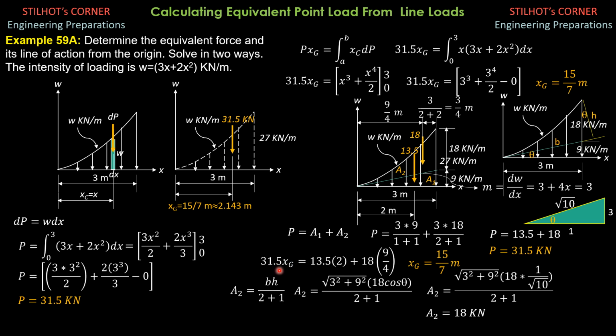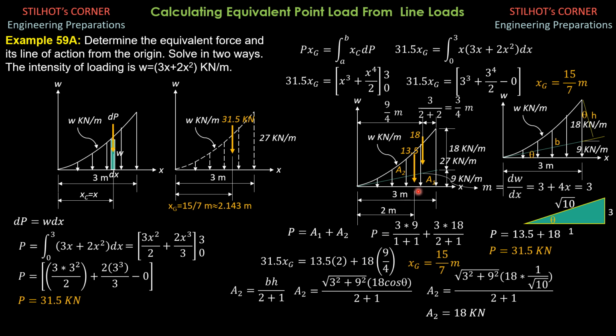So 31.5, this is Varignon's theorem, which is the same sense as the first moment of mass. So 31.5 times xg equals P1, which is the triangle, force 1, moment arm is 2, because this is 1. Remember, 3 over the degree of the triangle 1 plus 2, so 1, then therefore this is 2/3 of 3. Then for the second degree curve, this area here, area 2, the equivalent force is 18 kilonewtons,